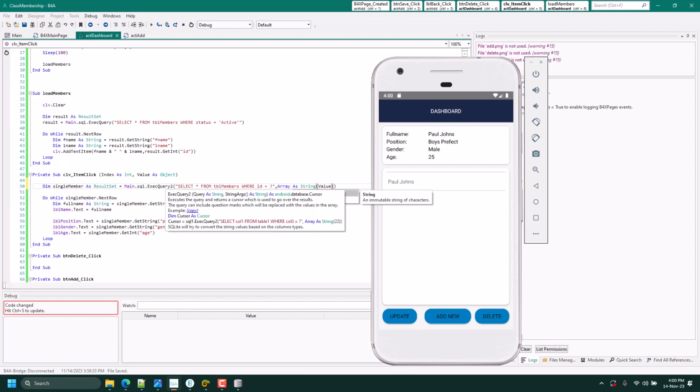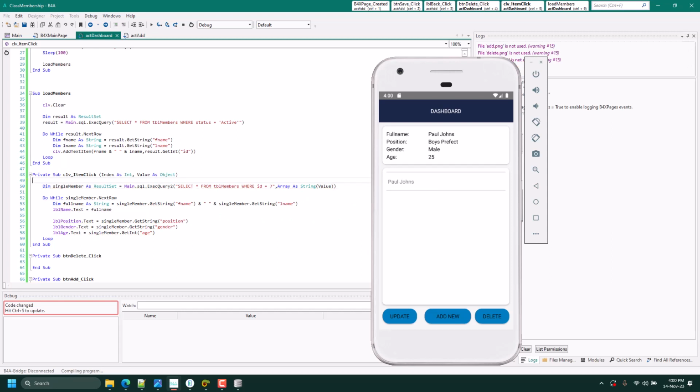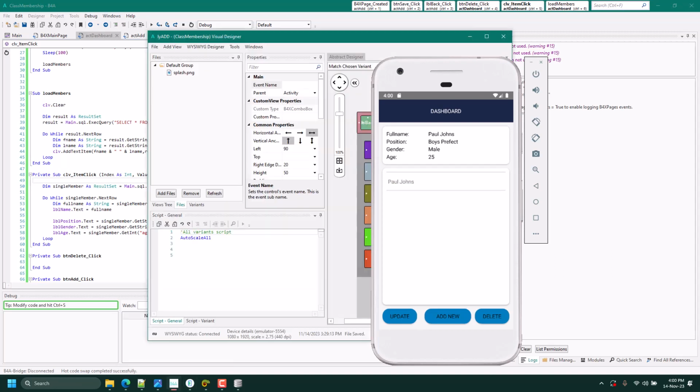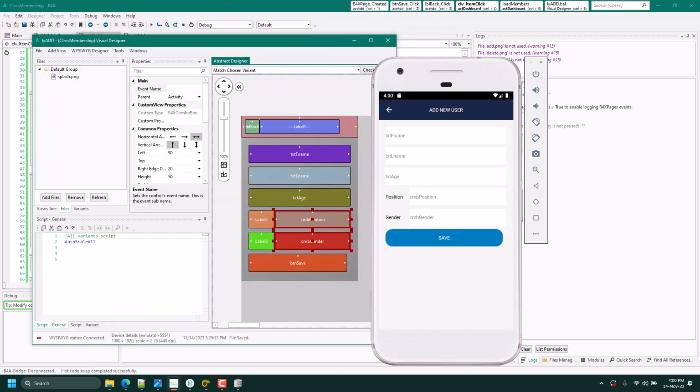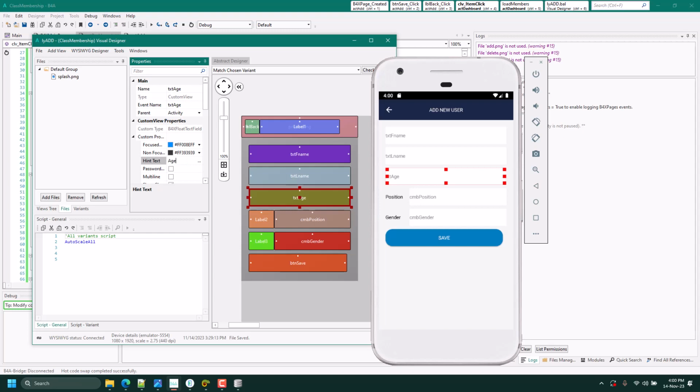See execute query to area string. Okay, so let's see if I run again. Here we have functions, voice prefix, male age 25. In our layout for the age, the hint text is showing first name, so let's change it to age. So the adding is successful and showing is successful.